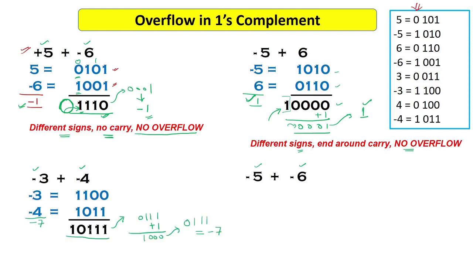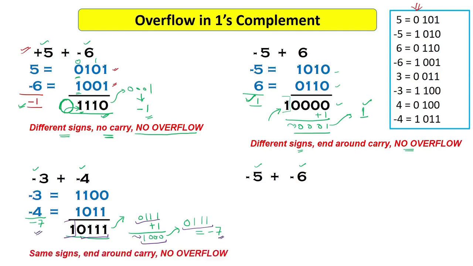Now after adding minus 3 and minus 4 in ones complement representation, I got this answer, and this one is actually the end around carry or the carry out bit. So I have to add them. So I just wrote these bits here, and then I added 1. I got 1 0 0 0. So this 1 0 0 0 in 4 bit is actually a negative number. So I flipped, and I got minus 7 in ones complement. Okay, so I need minus 7, and I got minus 7 in 4 bits only.